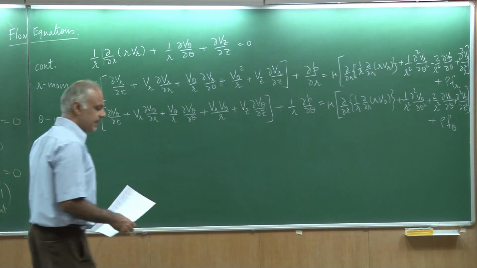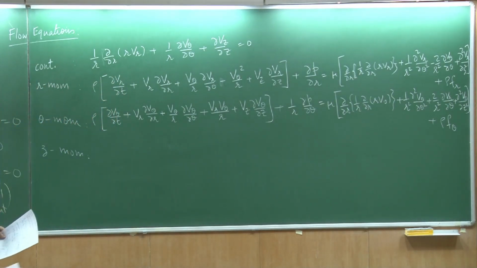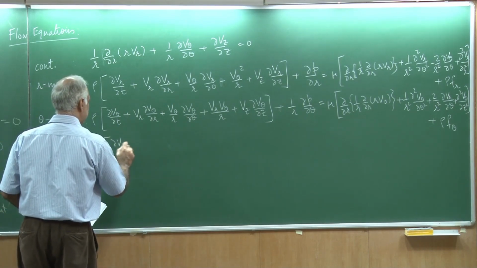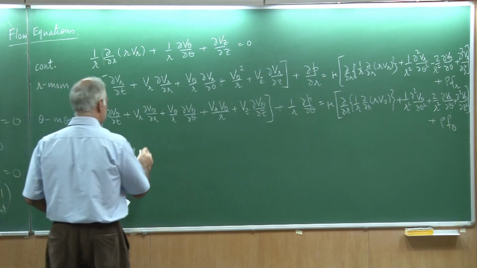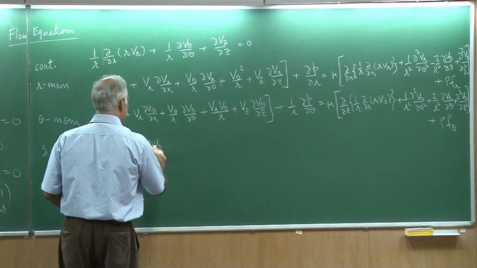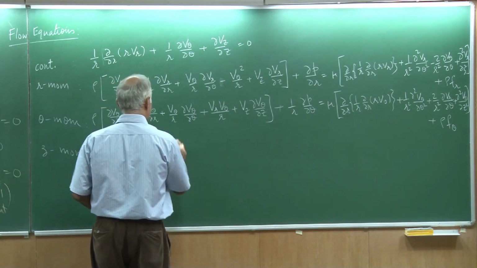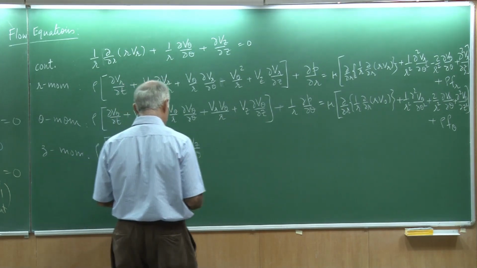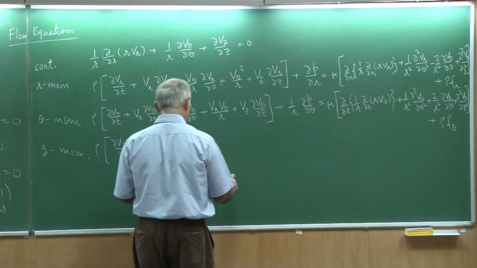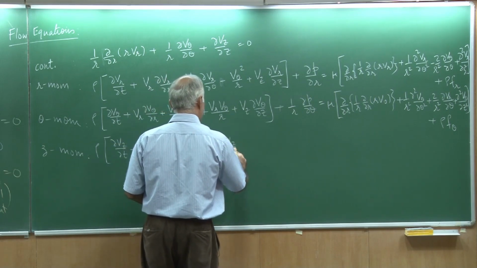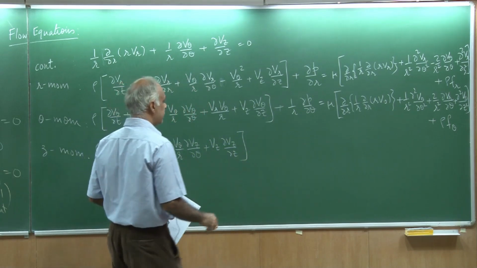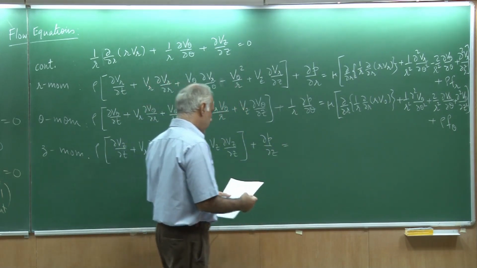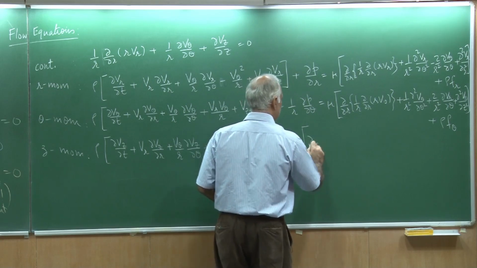Okay. Finally, the z momentum equation, let me write that for you as well. That would be rho times del Vz by del t plus Vr del Vz by del r plus V theta by r del Vz by del theta plus Vz del Vz by del z. This is equal to minus the pressure gradient in the z direction, and now the viscous term, which is mu times